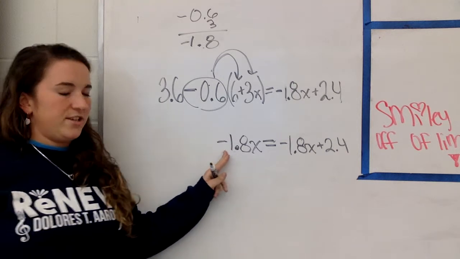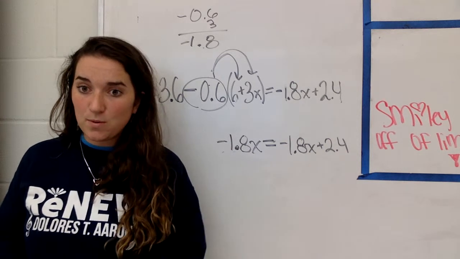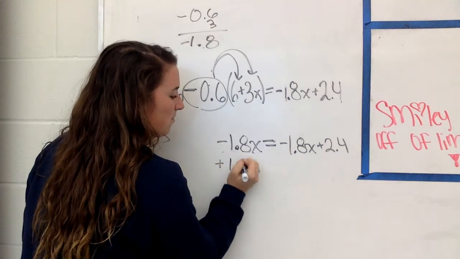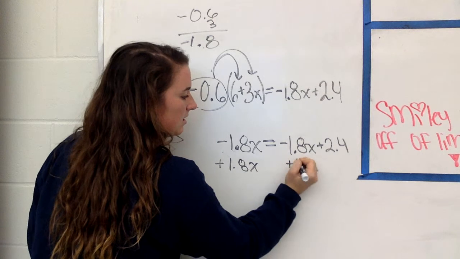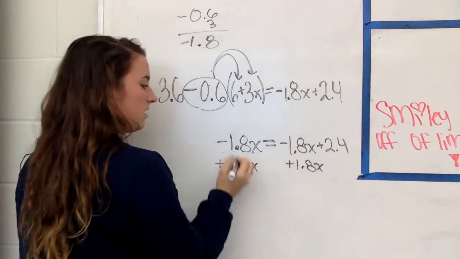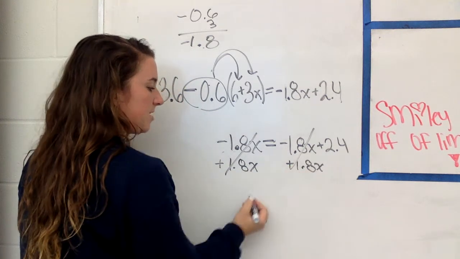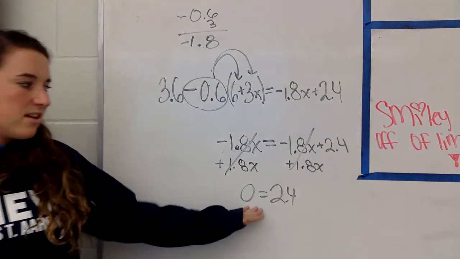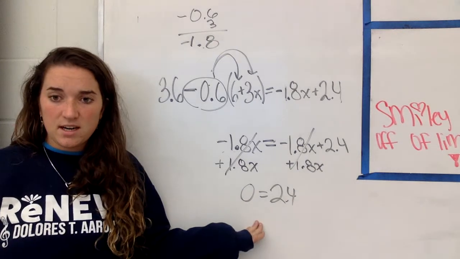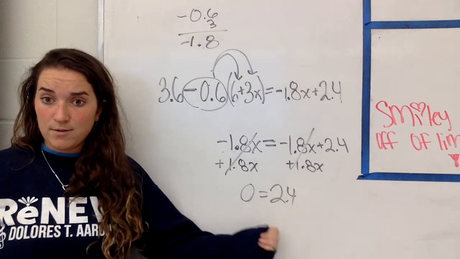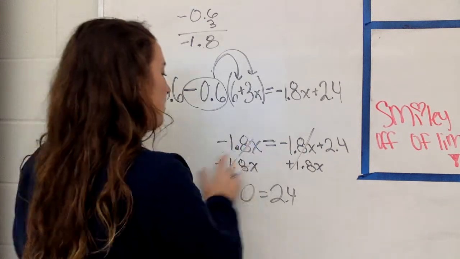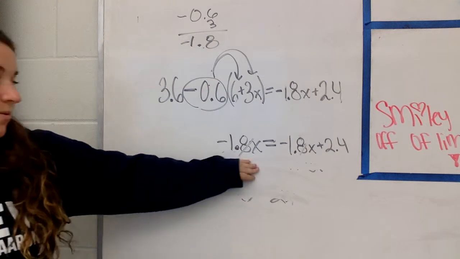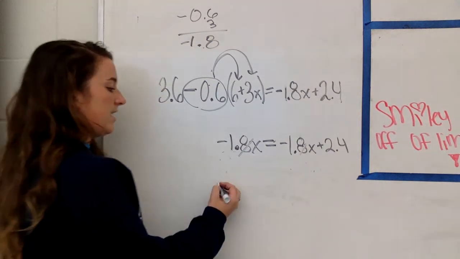What type of equation is this? Can anybody tell? Let's continue solving to check. If we add 1 and 8/10 x, this becomes 0, this becomes 0. I'll end up with 0 equals 2 and 4/10. Is that a solution? Do I have x equals something down here? No, and this is never, never, never, never true. So no matter what value you put in place of x, that will never be true. So the answer is